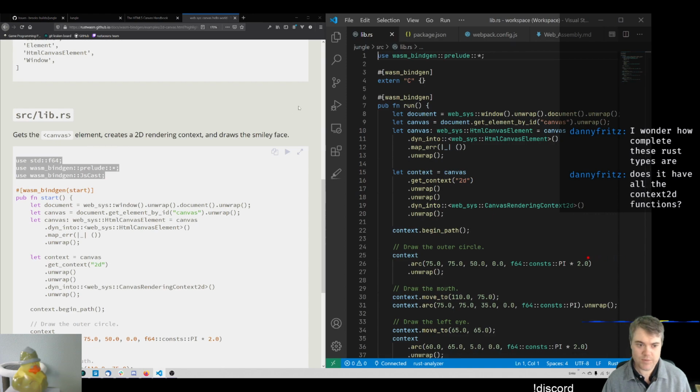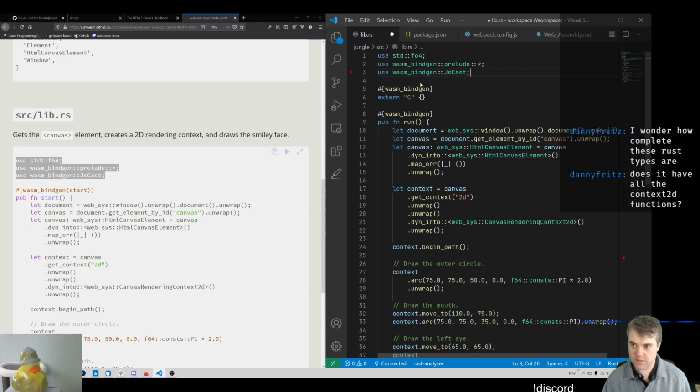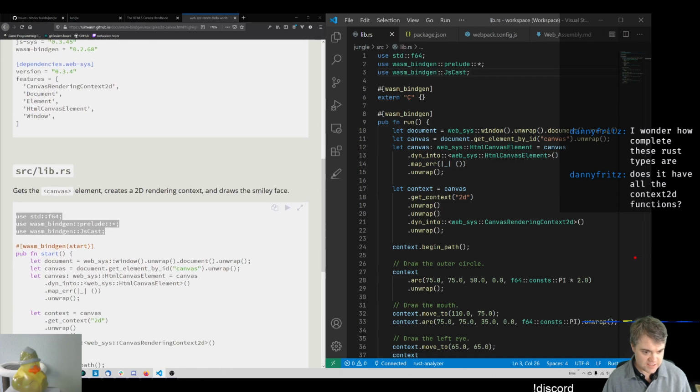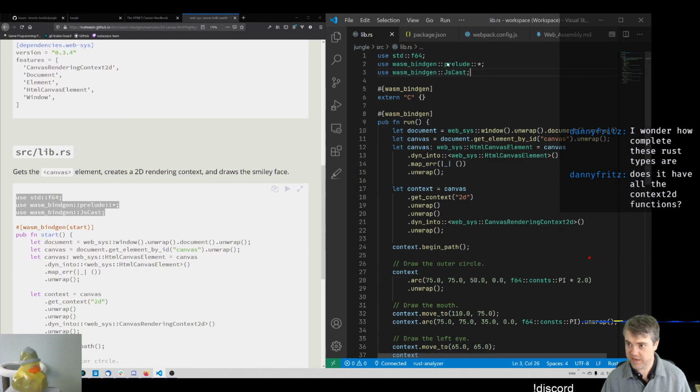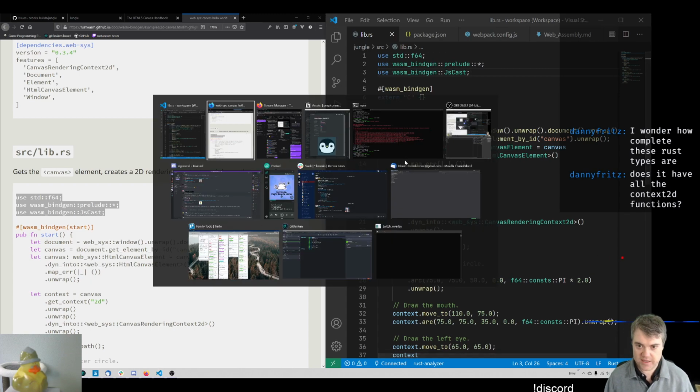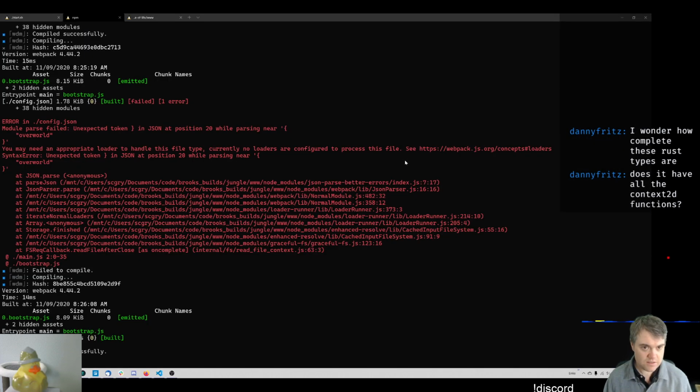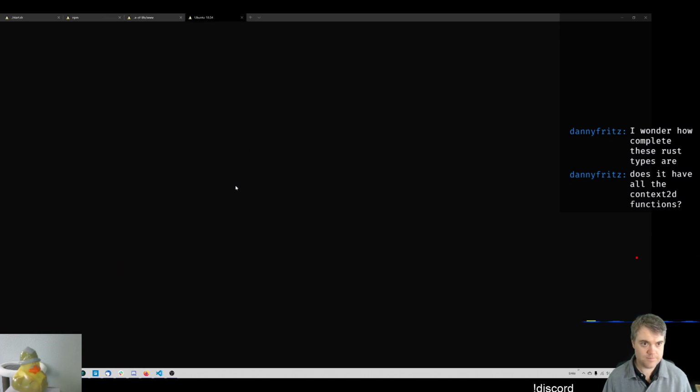So I have the wasm bindgen prelude. Rust Analyzer is not having any of this. Okay, so this is start that we're running here. So let's go ahead and back out to here. I want to, okay, so documents, good builds jungle. We're gonna do a